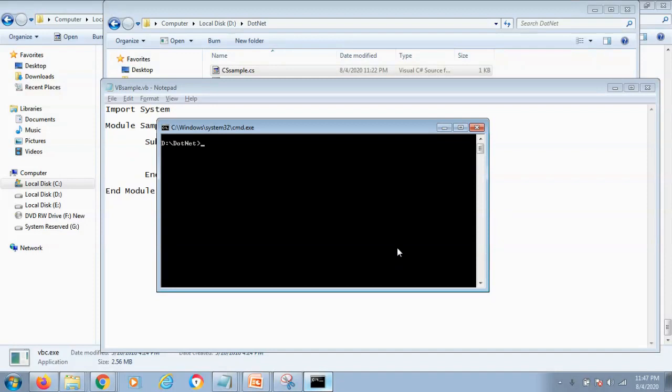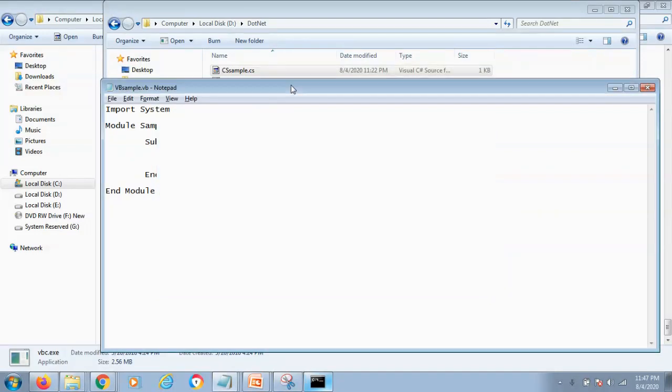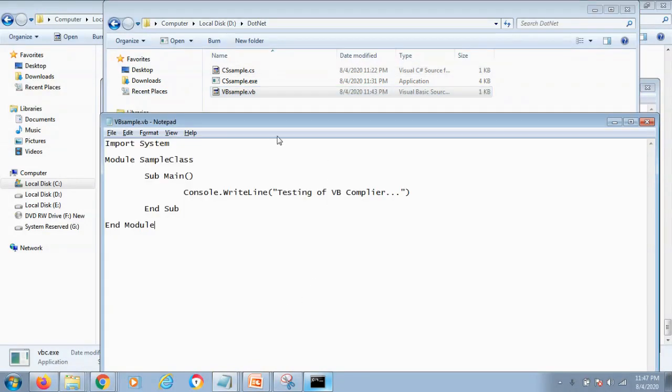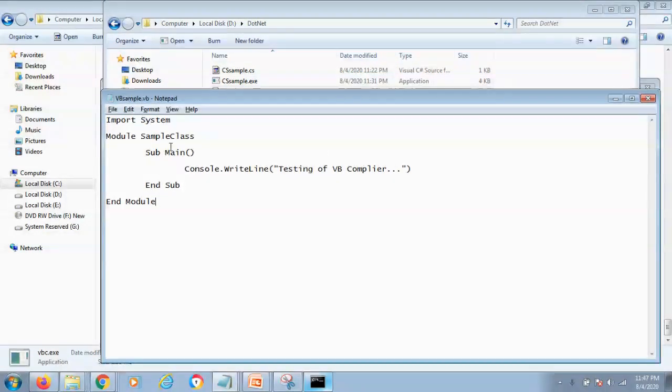Now we have to do the same thing with a VB file also. Here is a VB file and the code is here. Here the syntax is different, as C# is a different language and VB is a different language, so there are some basic differences between them, which is syntax difference basically.